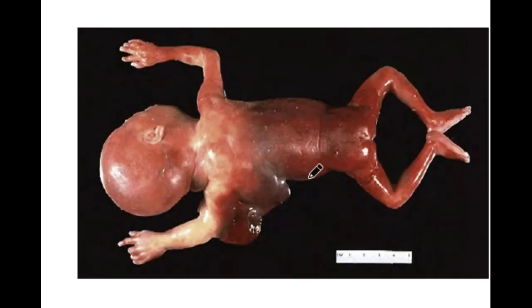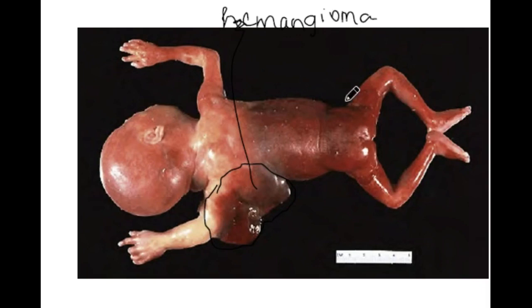This is the picture of an 18 weeks fetus which is involving a mass here in the left arm and the left side of the chest. This is the mass which is again showing a hemangioma. Even this is a congenital neoplasm with irregular vascular channels resembling the lymphatics. So it is not actually a hemangioma, but because it resembles the lymphatics microscopically, this is actually a lymphangioma.